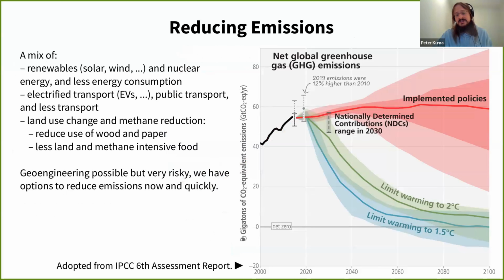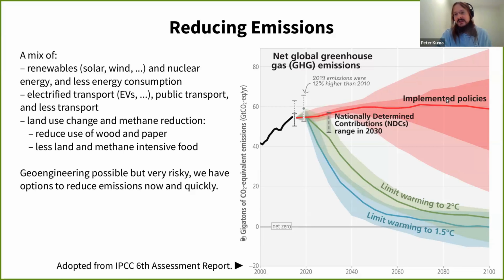And so this is just on reducing emissions. You might be aware of the Paris Agreement, where all the nations have decided that they want to pursue reducing emissions in line with limiting warming to either 1.5 degrees or 2 degrees Celsius, relative to pre-industrial temperature. In order to achieve these limits, we would have to start reducing CO2 emissions very rapidly now. These two lines, the green line and the blue line, are the emissions which would have to happen in the future to be able to stay within those limits.